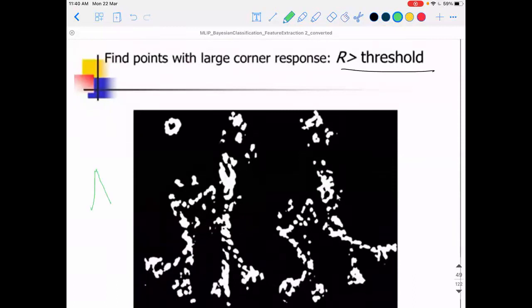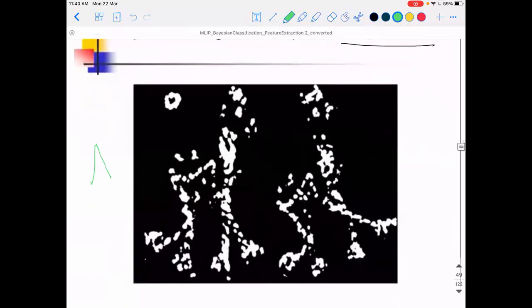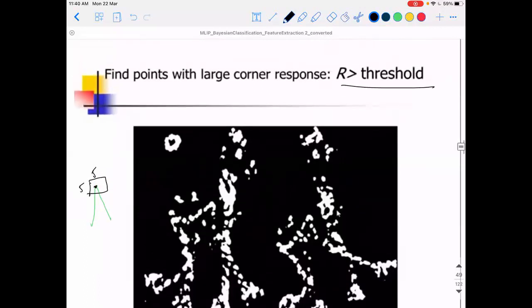So what people do in such cases is they apply non-maxima suppression. So what do we mean by non-maxima suppression? It is also referred to as non-local maxima suppression. In a region, say 5 cross 5, they will see which is the maximum value in it and retain only that value. If this is the maximum value, just retain this. Non-maxima suppression is done on the R image.